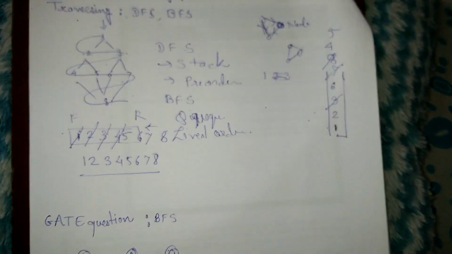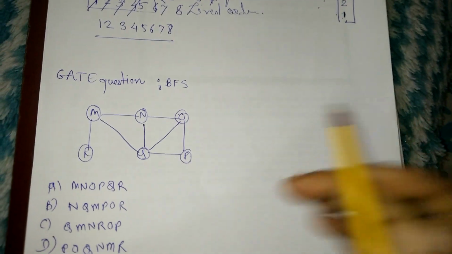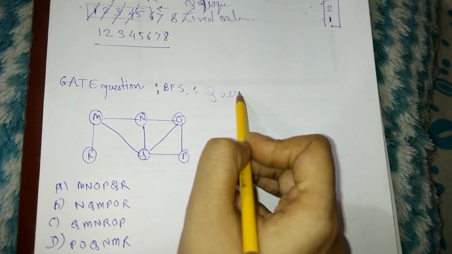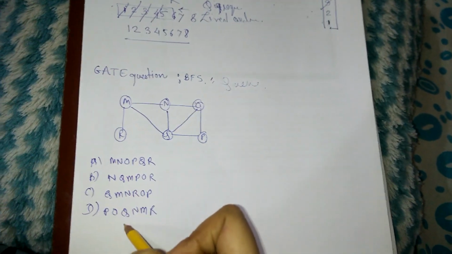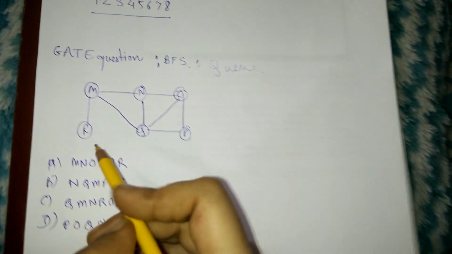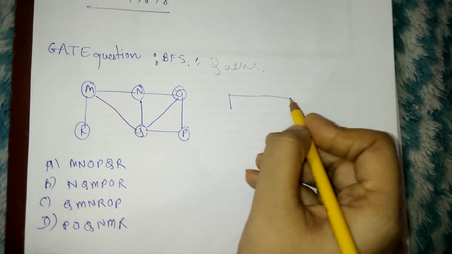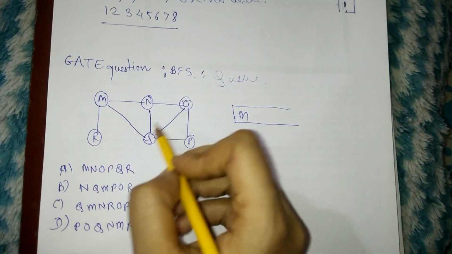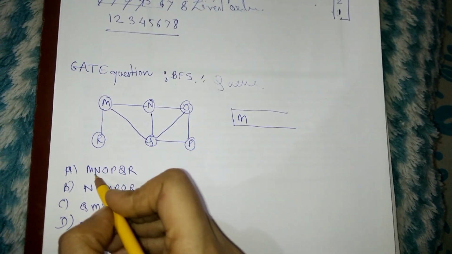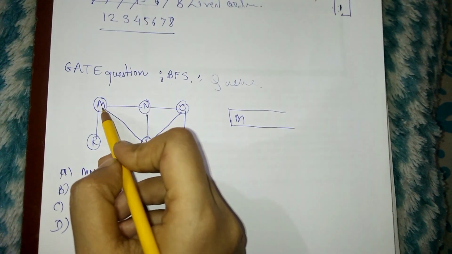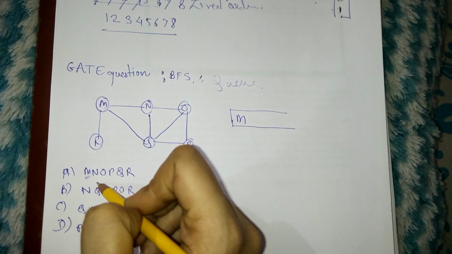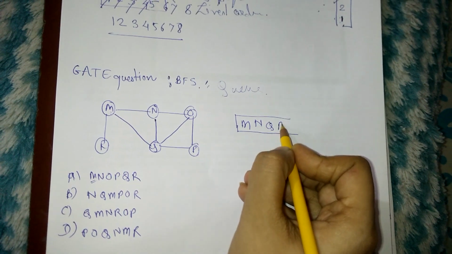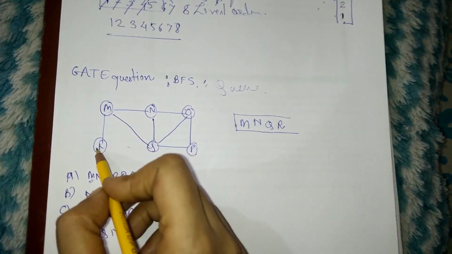Now let us see one simple example which was asked in a GATE examination based on breadth first search. As we know, in breadth first search, a queue will be used. Now they have given some sequences, and we have to find out which one is correct for breadth first search. So we will start from the solution itself. First we have visited M. As it is an undirected graph, we can start from any starting point. So here we have started with M. When M is visited, all its neighbors will be inserted in the queue. So Q and R are the neighbors of M that will be inserted.